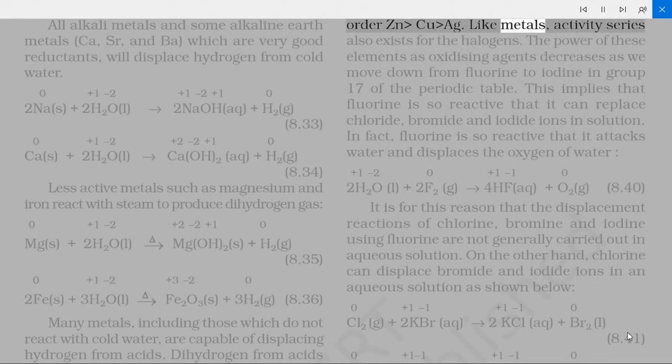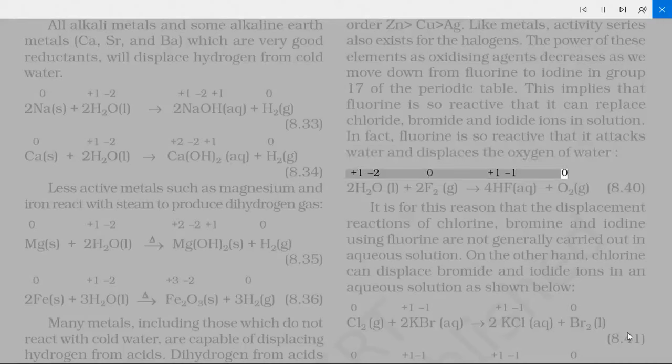Like metals, an activity series also exists for the halogens. The power of these elements as oxidizing agents decreases as we move down from fluorine to iodine in group 17 of the periodic table. This implies that fluorine is so reactive that it can replace chloride, bromide and iodide ions in solution. In fact, fluorine is so reactive that it attacks water and displaces the oxygen of water,